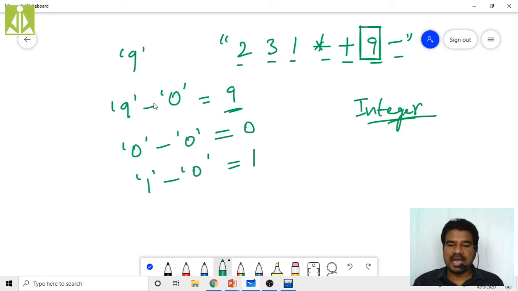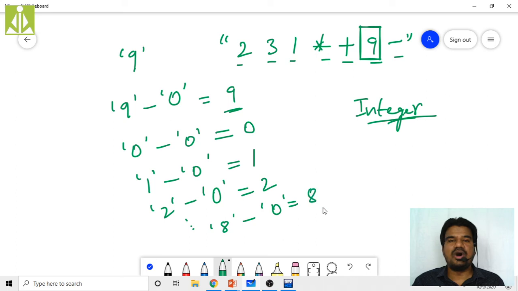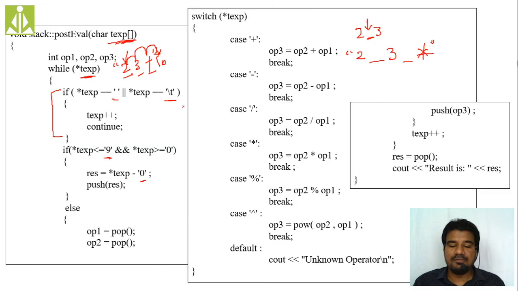So all these are characters and all these are integers. Likewise, '2' minus '0' gives integer 2, and '8' minus '0' gives integer 8. For all the digits, you get the integer equivalent simply by subtracting '0'.